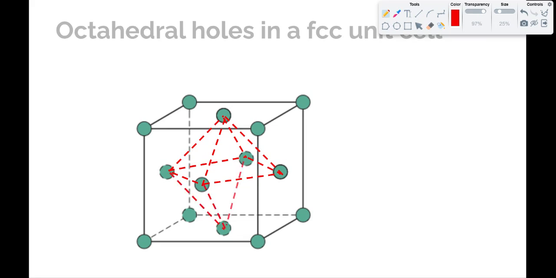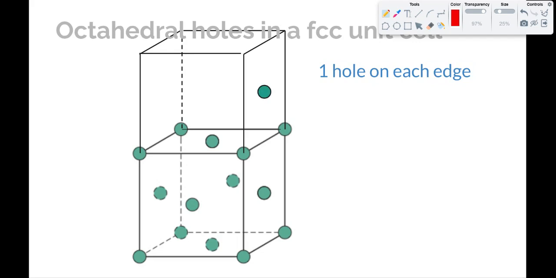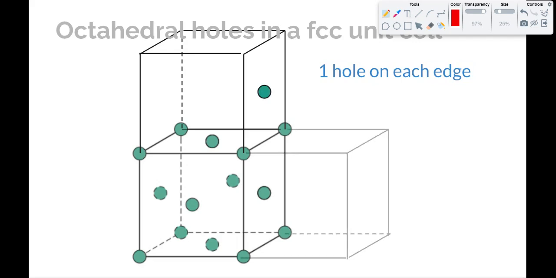And then if we connect to the face-centered atom in the bottom, there's the other 4 sides of the octahedron. Right in the middle of that octahedron, there's a hole. So there's a space for a particle to go there. There's also a hole on each edge, and this is harder to see, and you have to keep in mind that this unit cell is attached to another unit cell up on top, and another unit cell off to the